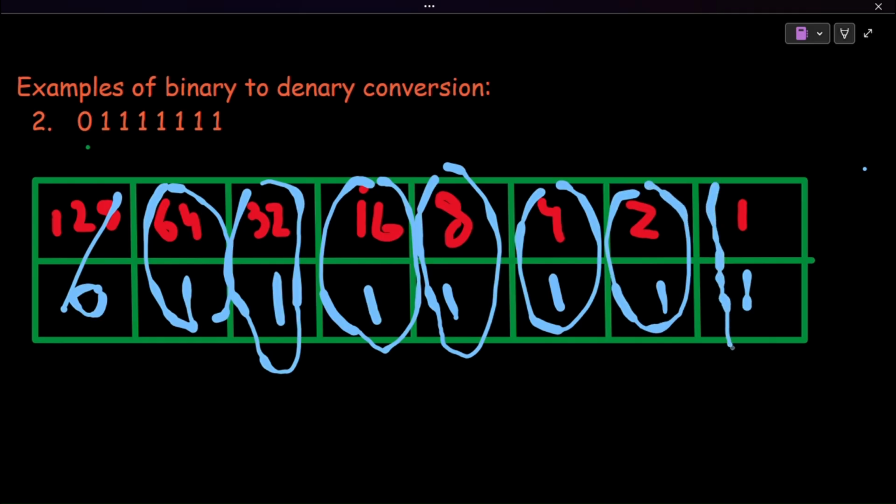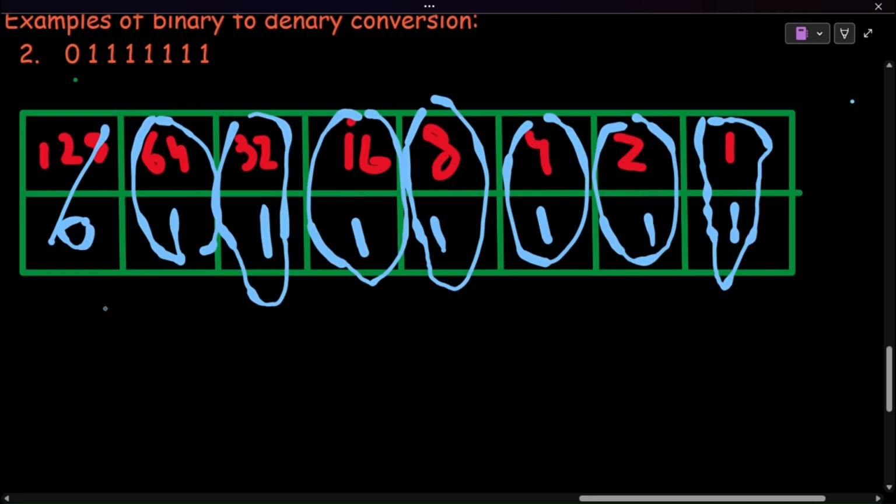Our final step was to add all the marked numbers that have 1 beneath it, which is 64, 32, 16,